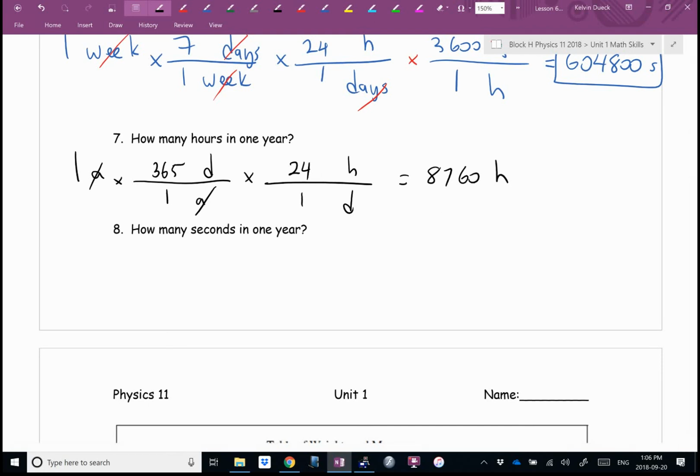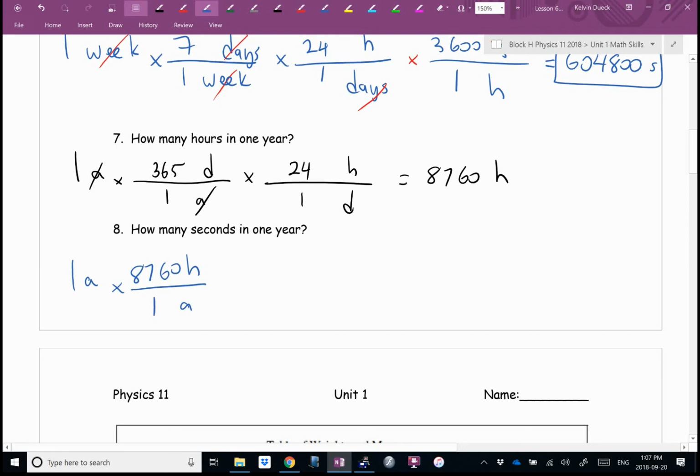You know what I'm going to do first for number 8? Write down what they gave me, 1 year. What can I change years into? What? You mean I just figured out hours in the previous question, and if I was clever, I could go straight from years to hours and save myself a heck of a lot of time? Yeah. You're smarter than my morning class. My morning class, we went to days, then we went to hours. Oh. So we can go straight to hours. I happen to know that 8,760 hours